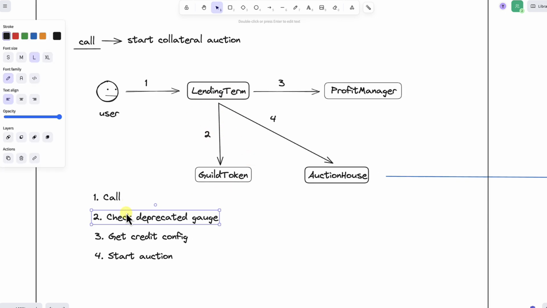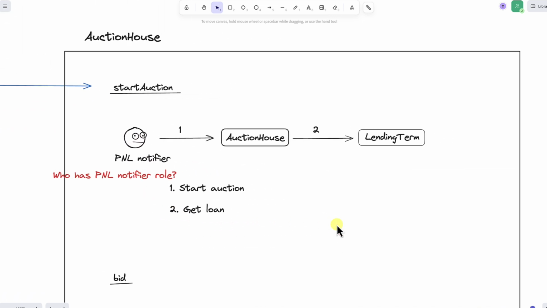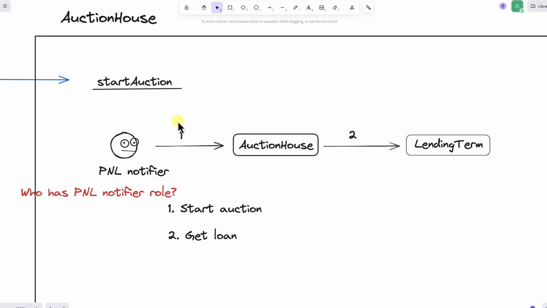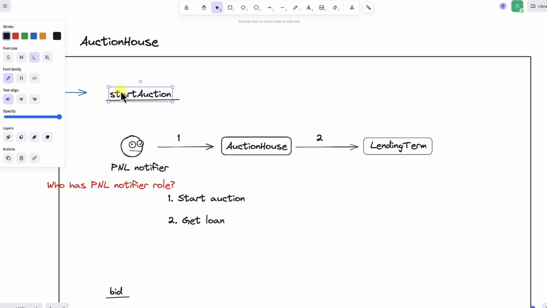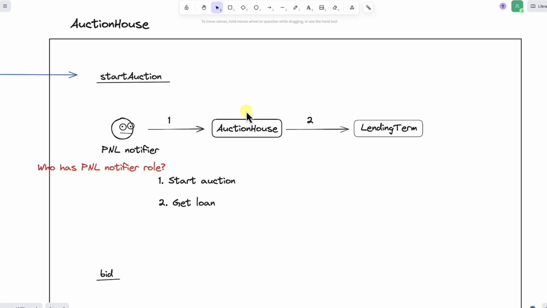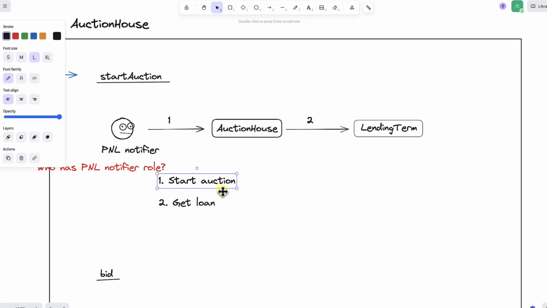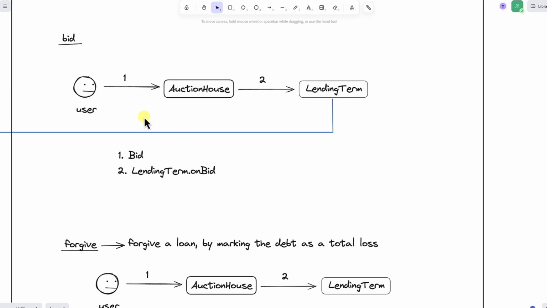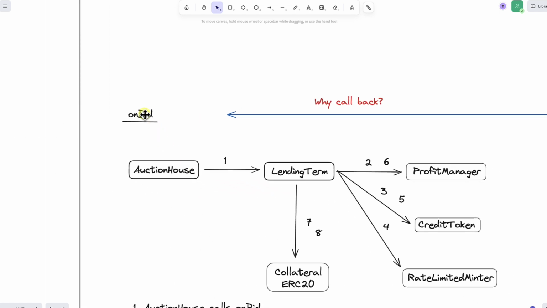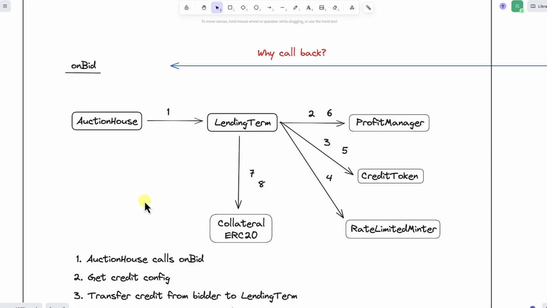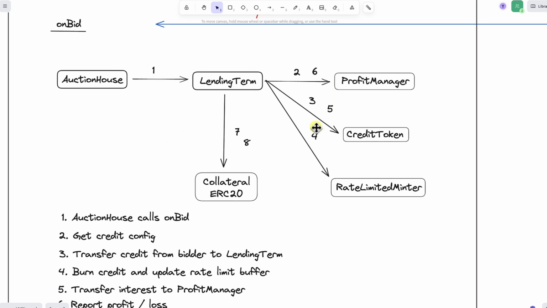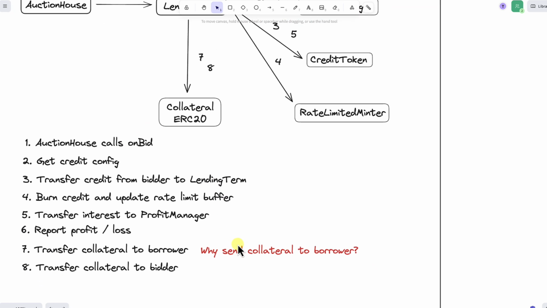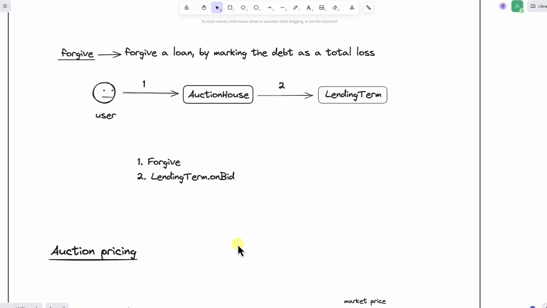When liquidation starts, it goes over to the auction house. The way the auction works is a Dutch auction. You start the auction and then the price goes down. Users will be able to call the function bid. And then when the user calls bid, it goes back to the lending term contract to call onBid, and does some calls to other contracts. I think the interesting part, if you go over to the right a little bit, is